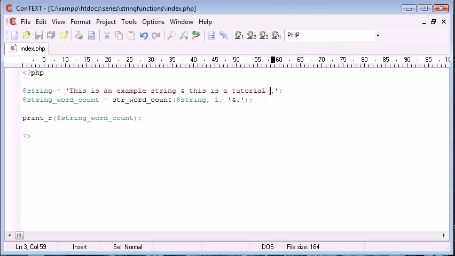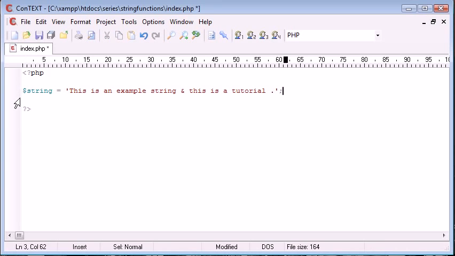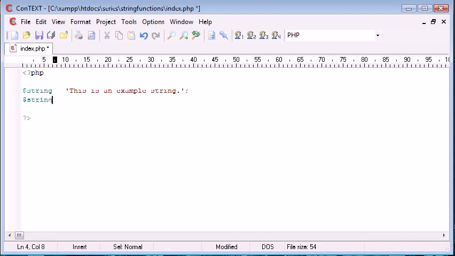So this is the str_word_count function and the many ways that you can use it. We're now going to move on to str_shuffle. Let's go ahead and get rid of this, and let's change our string back to how it was. Okay, so for the str_shuffle function, let's say string_shuffled equals,